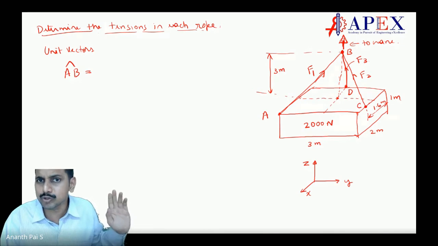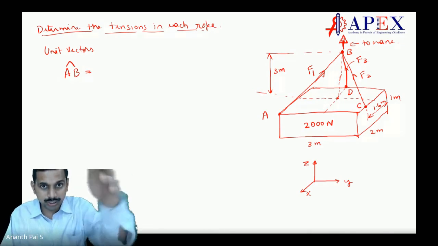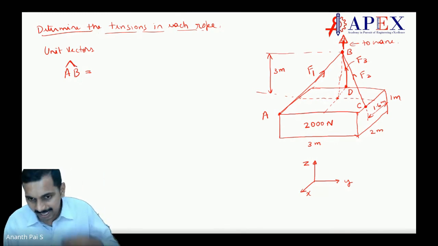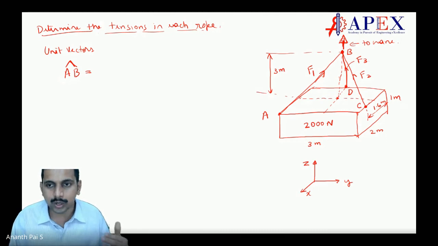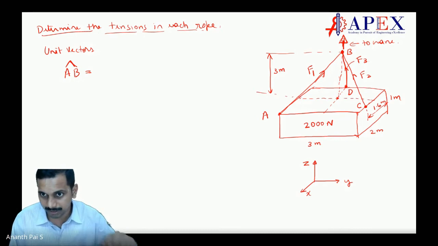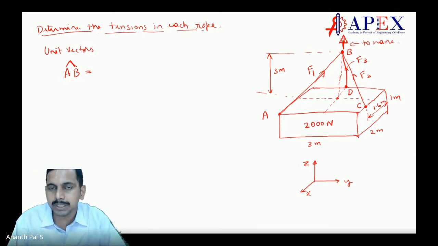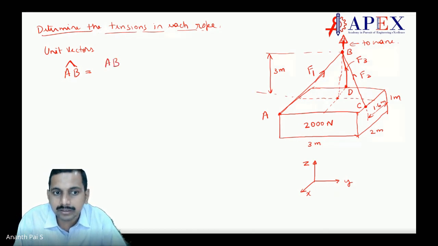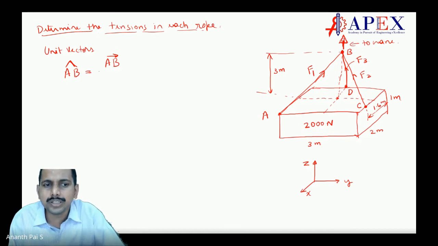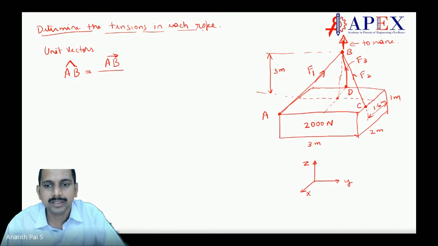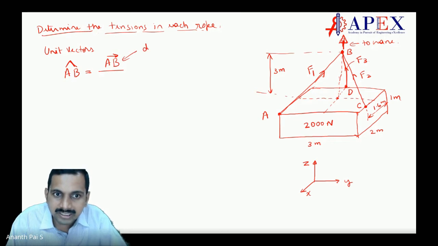I'm not talking about forces. A unit vector shows the direction. Can we find out the unit vector AB? I'll go slow here, it is very important. I may extend this class now, just to understand this concept. We'll complete this concept, then only we'll stop the class. When you consider A and B, can you find the unit vector? For that, we need to find the AB vector. Now, what AB vector will you have? We can have the displacement vector. We can have the distance between A and B. So what is the AB vector? We have the displacement vector.